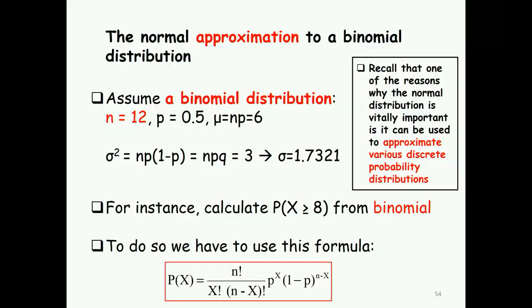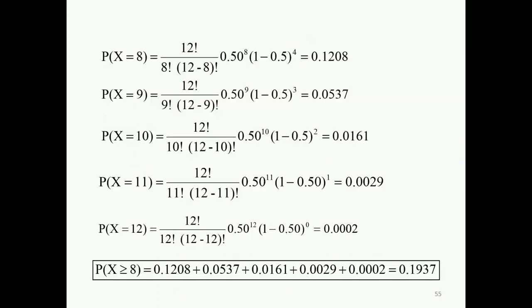Let's say now the question, you have 12, the question is greater or equal to 8. So in a binomial, you calculate for 8, you calculate for 9, 10, 11, 12. The sum would be 0.1937. This is how you would do it in a binomial if I ask you in your exam. But this is a lot of calculation. Why don't we do it simply with one formula, using Z equals x minus mu divided by sigma?